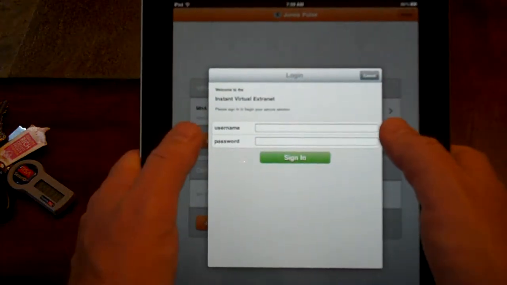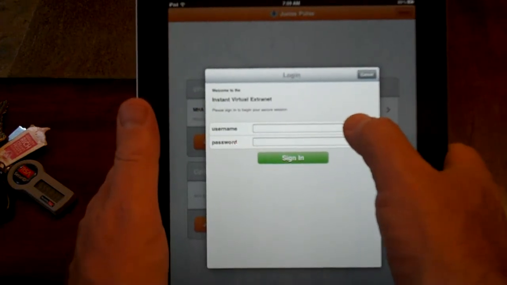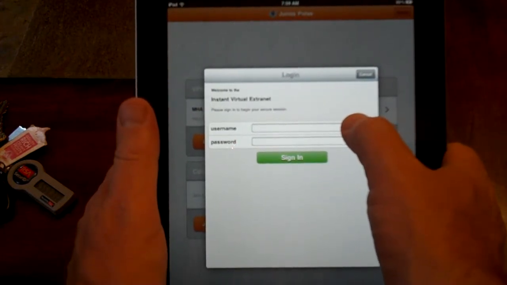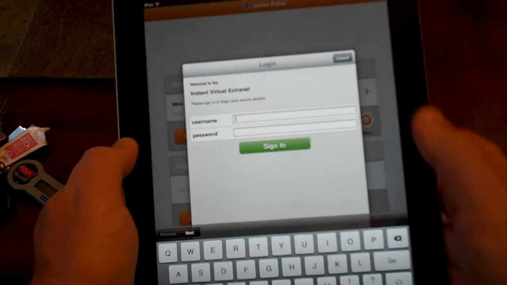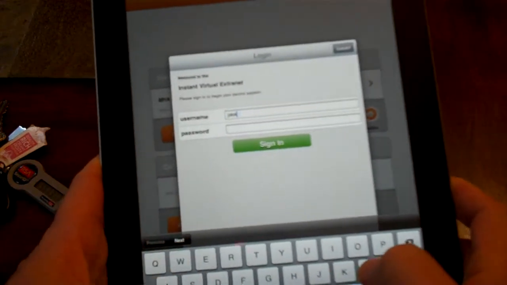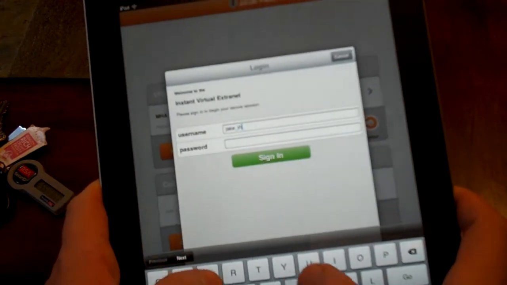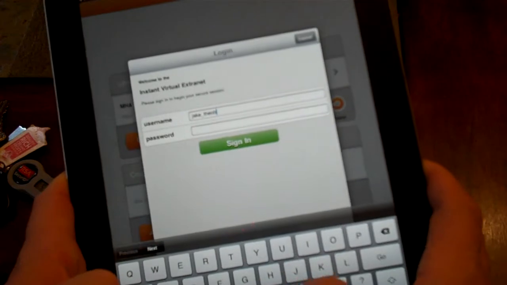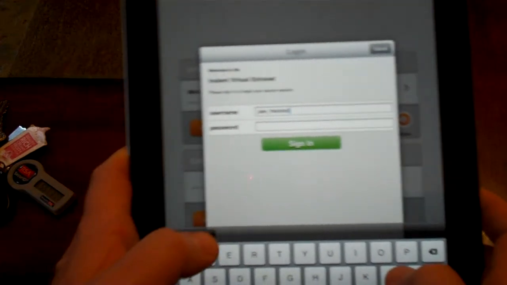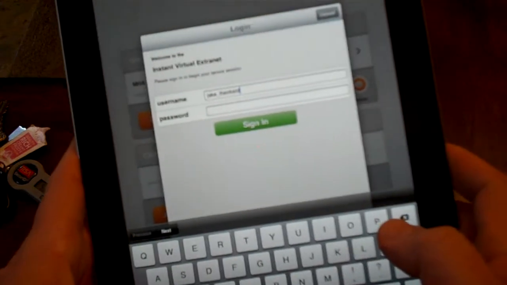And so what I've been given here now is a little dialog box with a username and password. And this is no different than the username and password that we all use all the time when we try to connect VPN to work. So I'm just going to type in my username. So Jake Theobald there. And now we all have a 4-digit code that's sort of our own secret code that